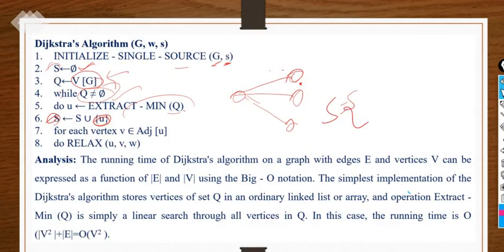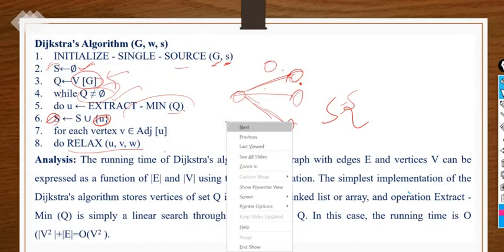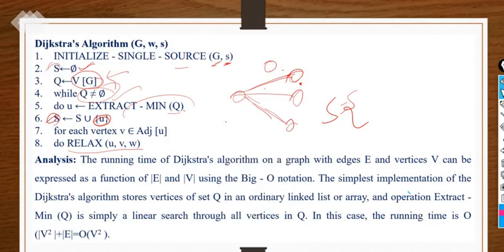For each and every vertex, you have to check the adjacent values and do the relaxation. If this path is lesser, then you have to consider it. Otherwise, you will check all of them, and whichever gives the most relaxation, you have to proceed with that only, right? So what is the analysis here?